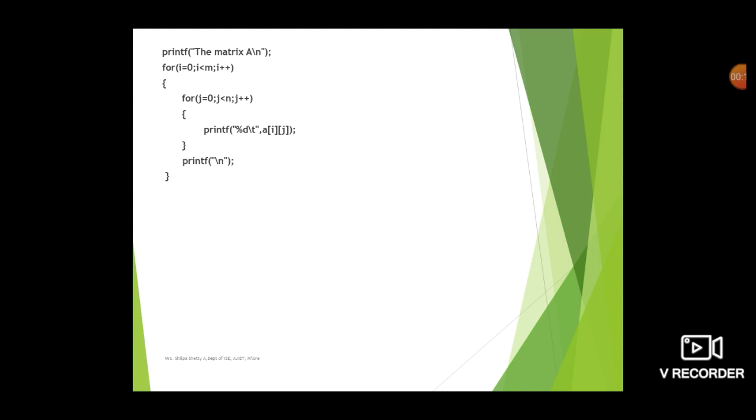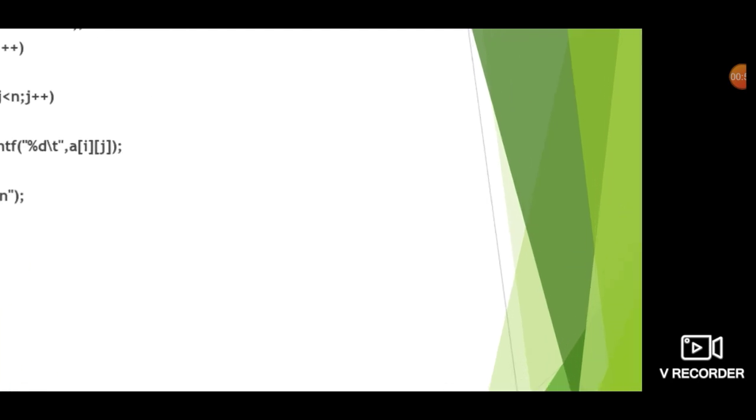So in order to display the matrices, again we are using the for loop, but one thing to remember is once you print each row of the matrix, you need to go to the next line to print the next row. So let's display matrix A now. So for I is equal to 0, I less than M, I plus plus. For J is equal to 0, J less than N, J plus plus. Printf %d \t, because you need space between the elements, A of ij. So we know that the outer for loop represents the rows, the inner for loop represents the columns here.